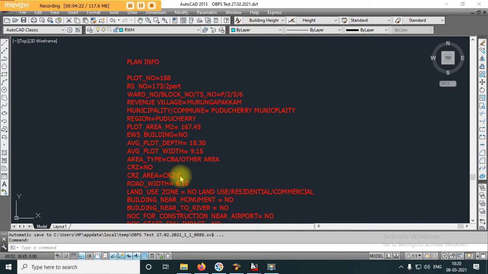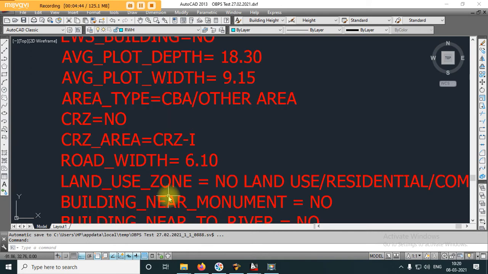Then comes CRZ. You need to enter whether the site falls within the CRZ limit or not. If the site falls within the CRZ limit, then you need to enter the CRZ area as 1, 2 or 3 likewise. If it does not fall under the CRZ limit, then you need to enter no. Then road width. You need to define the width of the road abutting the site.